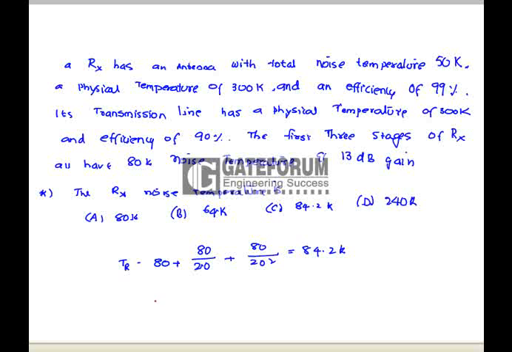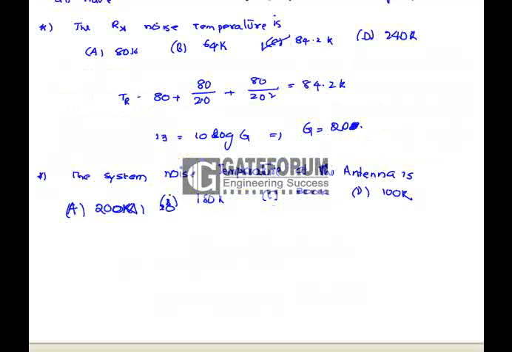Here the gain is given in dB. So 13 equals 10 log G, which means G is approximately equal to 20. So C is correct. The system noise temperature at the antenna is,